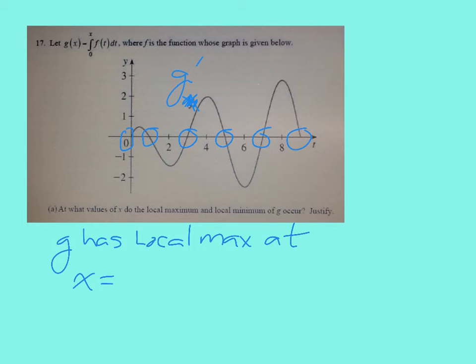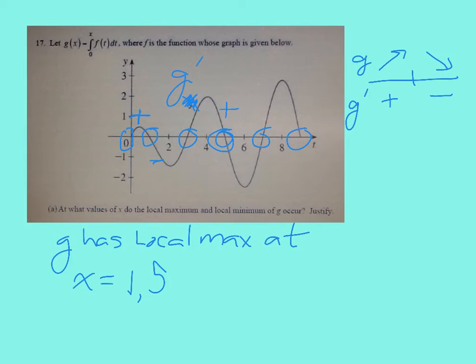our graph goes from positive to negative. So if we're going from positive to negative, we get a local maximum. Again, just graphically, that means our derivative went from positive to negative. It was going up, and then the original was going down. So this is what we've done a lot of times. Now we're just going to shorten that up and say we're going to be at 1 because we went from positive to negative. Now again, at 5,